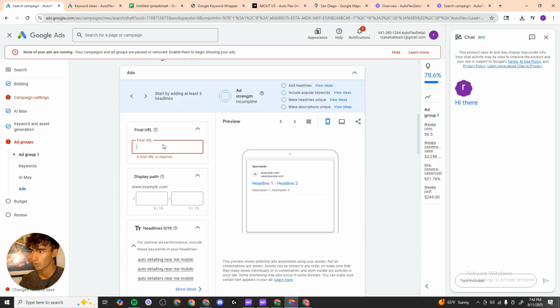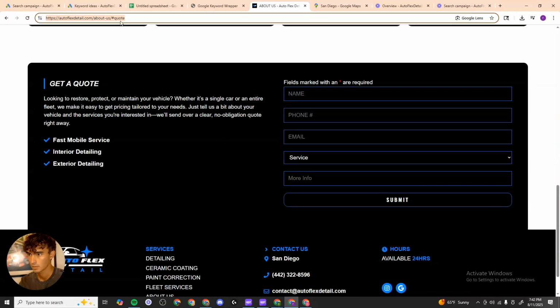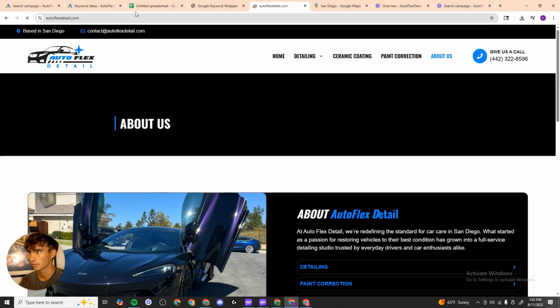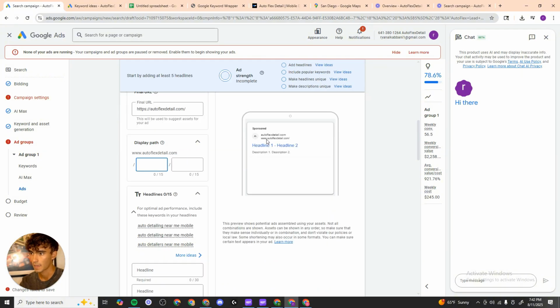And then for the final URL, rather than using the exact link that goes to Ryan's form submission, so it'd be this one right here, we want to use the link that goes to his main page. All right, and then the display path, it doesn't really matter. It doesn't have to be anything specific. So what you could do is use it to add keywords. So in this case, we'll add the business name, Autoflex,